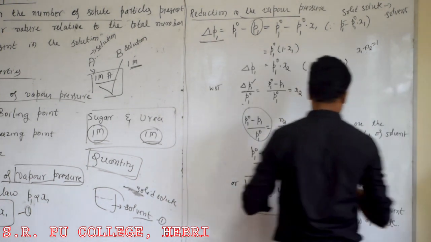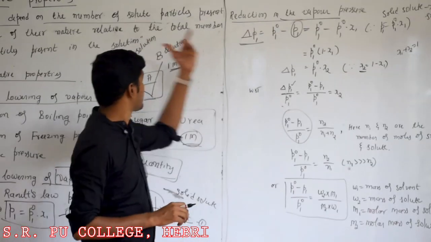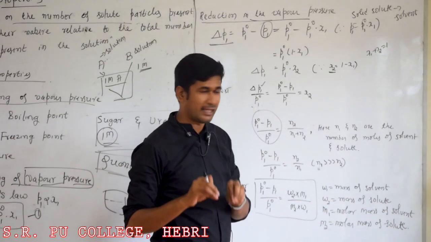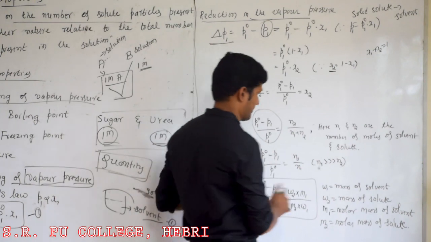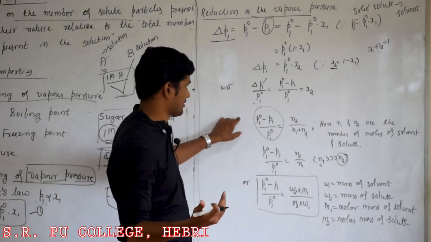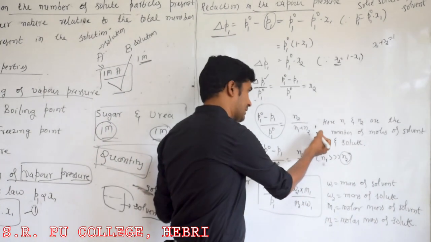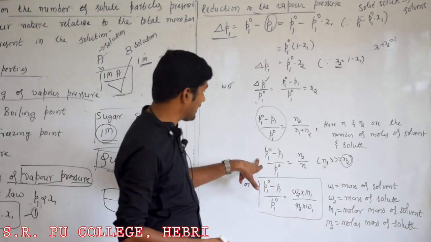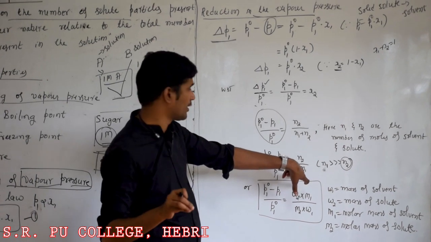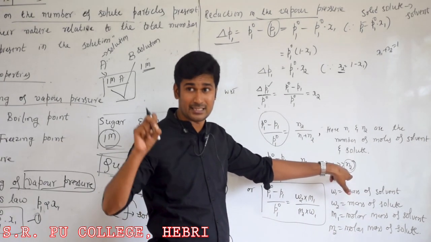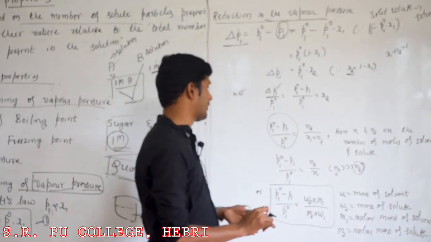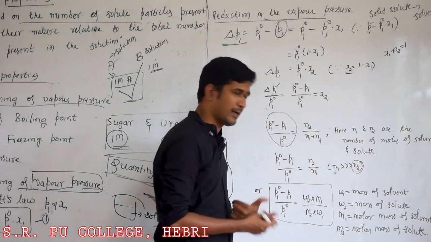Since we have taken a very dilute solution, because these colligative properties are normally applicable for dilute solutions when intermolecular attractions are negligible. So in very dilute solution, the number of moles of solute is negligible. You can neglect it. So neglecting the N2 in the denominator, I can write relative lowering of vapor pressure is equal to N2 divided by N1. Therefore, (P1 naught minus P1) divided by P1 naught is equal to N2 by N1.